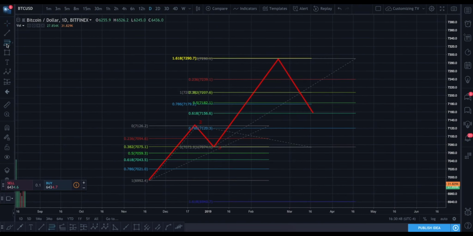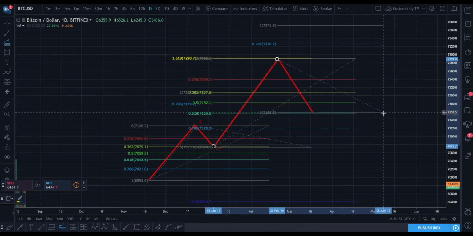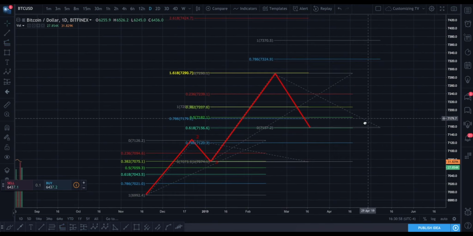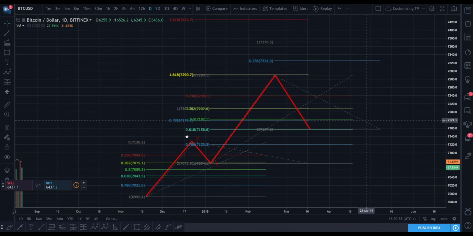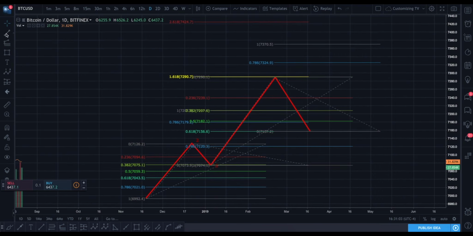We then take our fib extension tool, then we click here, here, and we drop it here, right? And because we always target the 1.618 on the third wave, we must target a one-to-one extension for the fifth wave. So now let's take a look at some examples of past trades of mine where I traded exclusively on